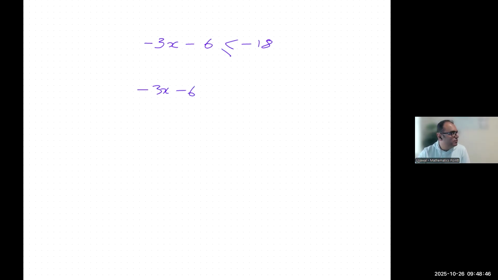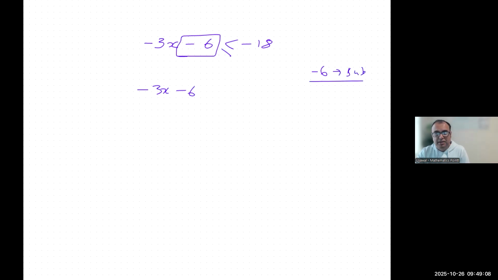Addition, subtraction, division, multiplication. This bit here. Minus, subtraction. So I have a negative number and a subtraction,